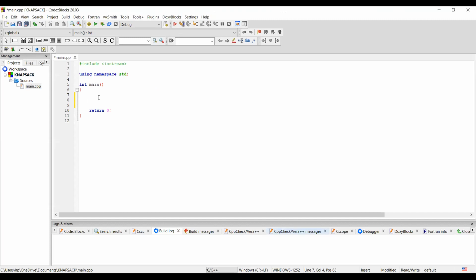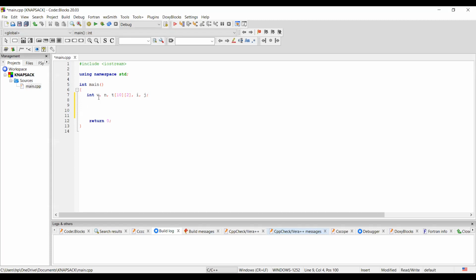So what do I need? I need to accept the input of the weight. I need to accept the input of the number of items that I have. Then I need to create a matrix T. Okay, so we take 10 by 10 and 10 by 2. So I am expecting not more than 10 items. So W is there, N is there, T is there, okay, and then we can have I and J. That is for row and column.